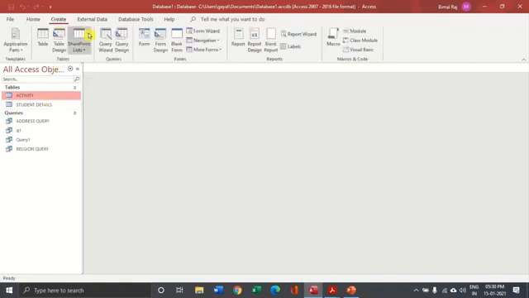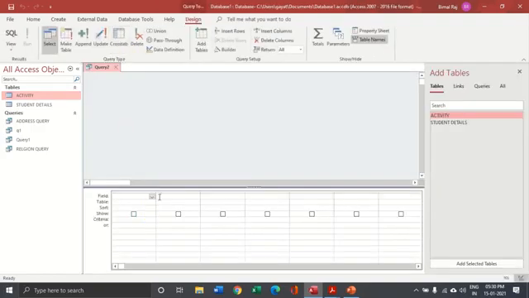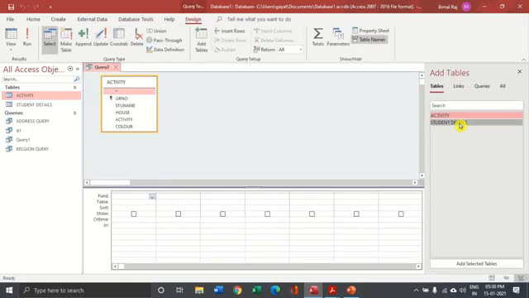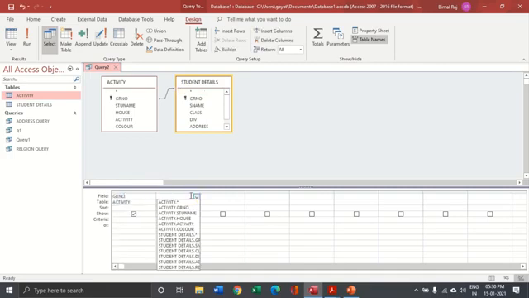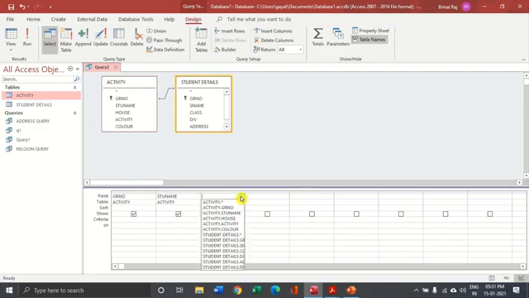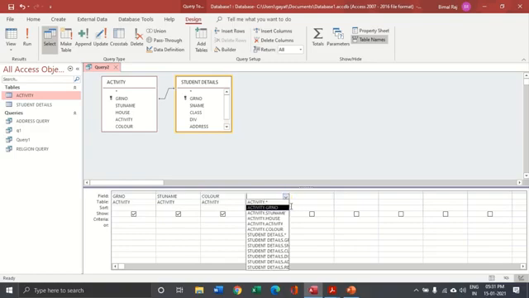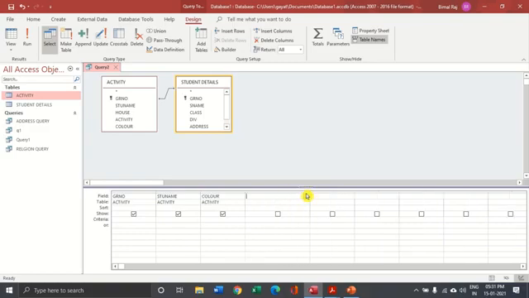Let's once again go to the query. This time I am going to add both the tables into the query here. Now I am going to use the GR number from the activity table. It's going to be the same, the student name from the activity table, and I am going to take only the color of the house, and let me take maybe the religion or maybe the address.